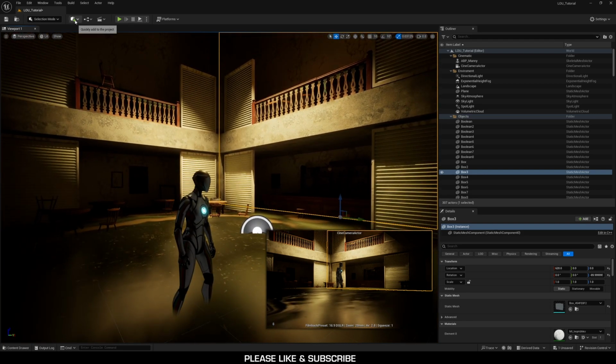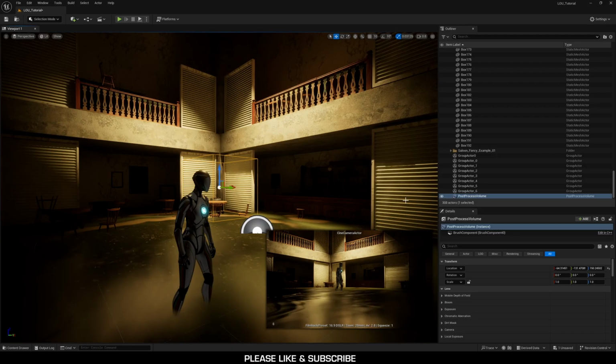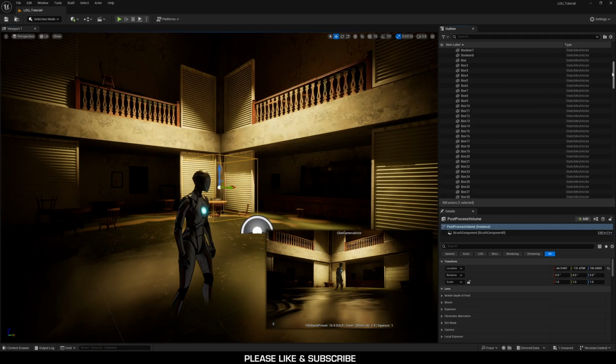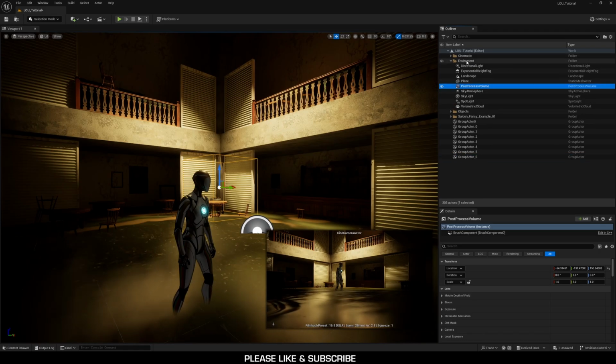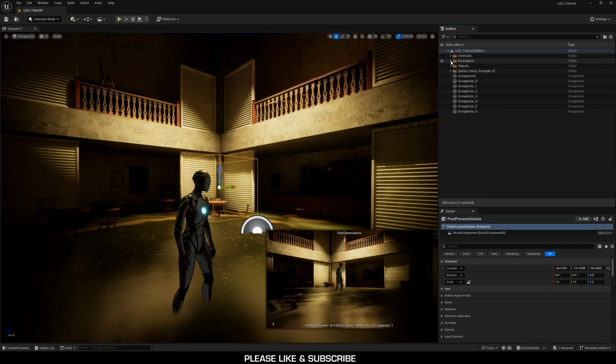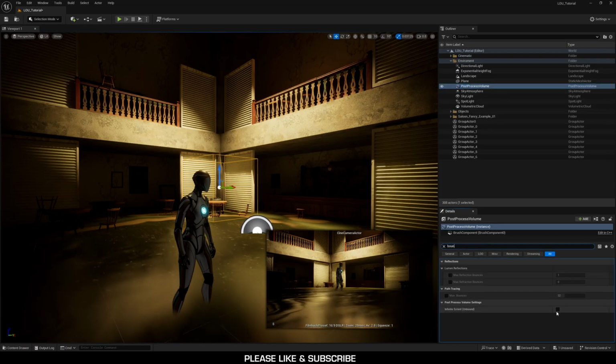So for that, I'm going to go over here to the box with the plus, go over to volume, and then go down to post-process volume. And inside the post-process volume, once it's clicked, I can go up here, kind of close the objects, and bring the post-process volume into environment. And then click on the post-process volume and type bound, and you're going to get this infinite extent unbound. Click that, and that means now the volume is going to affect our entire scene,